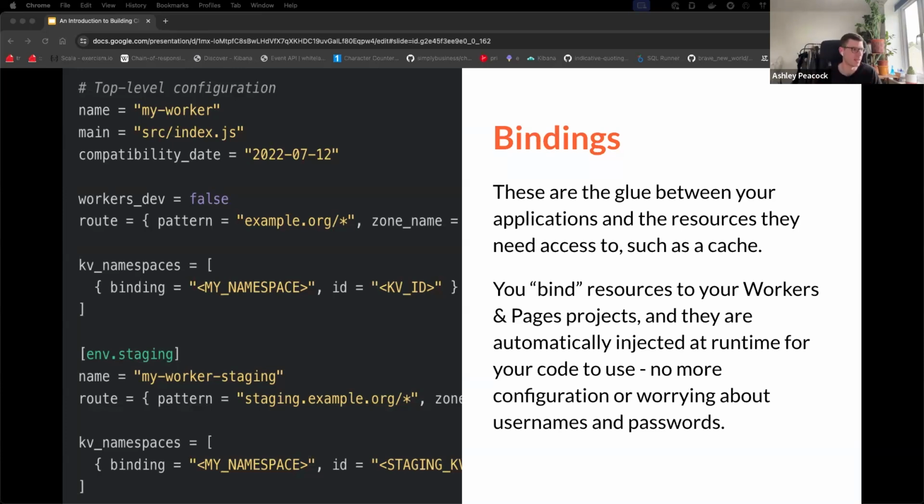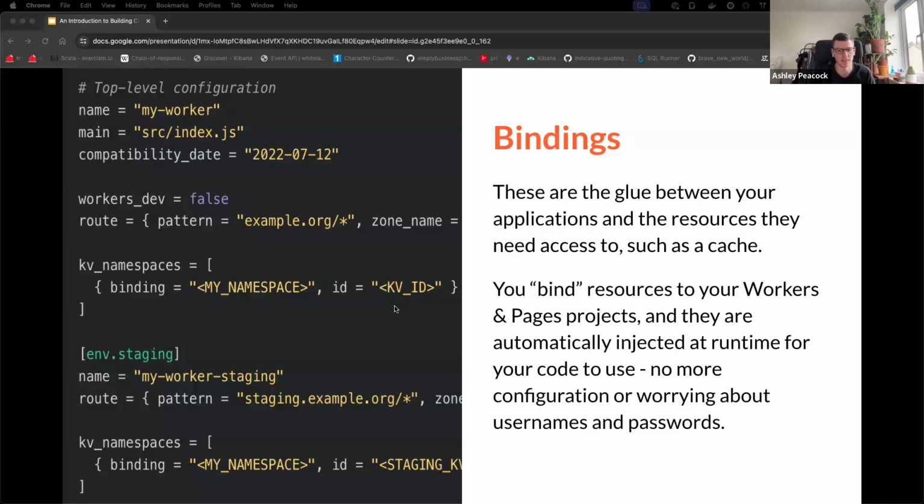And on the left, this one is real. It's from Cloudflare. So this is what you would see if you had a Cloudflare project. And I would highlight, if I had a mouse, this bit here. This is the binding, and this is in a file called wrangler.toml. What you would do if you wanted to have a cache is, on your command line, or you can do it in the user interface if you prefer, create a new KV namespace. Namespaces are just the way you organize your caches. And it will give you an ID, and that's what you would pop in this ID field.